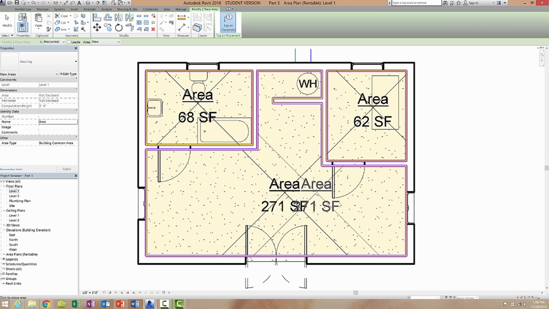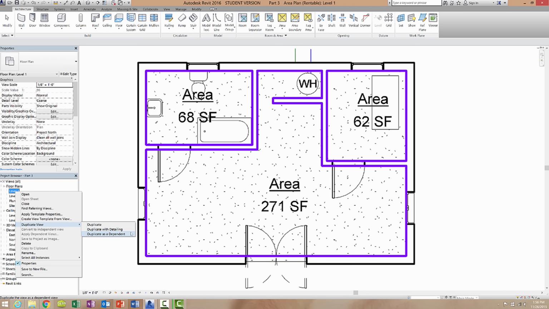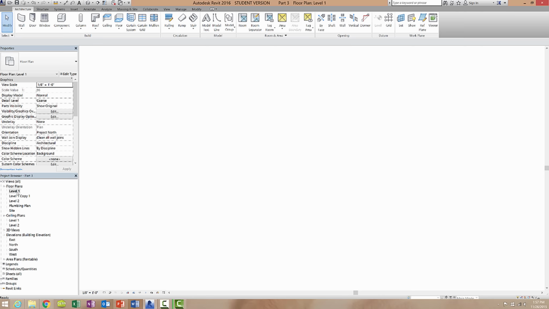And this might actually be a good time to create an area plan. It's something I might have forgot to do. Not a big deal. This stuff happens. I want you to right click on level 1 and duplicate this view. Duplicate and, ooh,